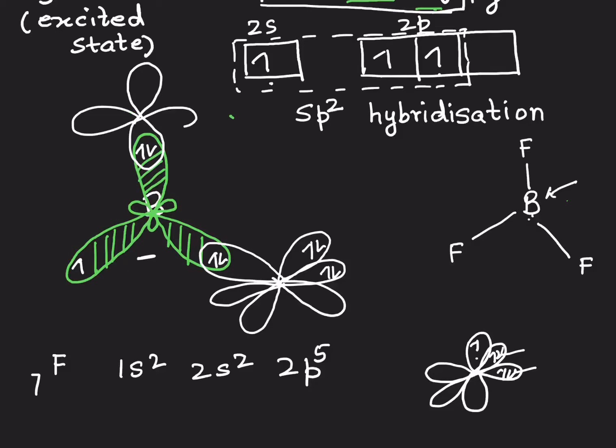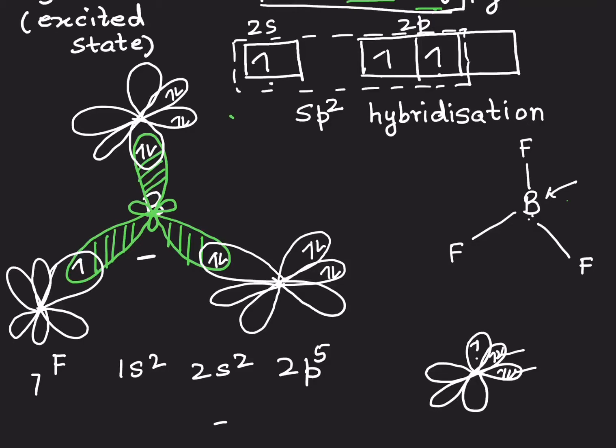There we go. You have to imagine here that the other 2 are mutually perpendicular. I am not able to draw it completely. It's difficult to draw a 3D structure in 2D. And there we go. We have these again mutually perpendicular. And this is how our boron trifluoride molecule is. It's looking nice, right? Just like a flower drawn.